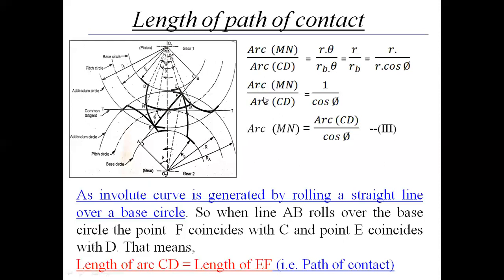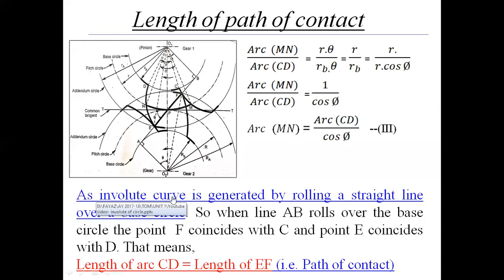So arc MN divided by arc CD is equal to, here R will get cancelled, 1 divided by cos phi. So arc MN is equal to arc CD divided by cos phi, by cross multiplication. That will become equation number 3. Now we have to find out the length of arc CD. First, to find out the length of arc CD, the length of the path of arc of contact. So arc CD,